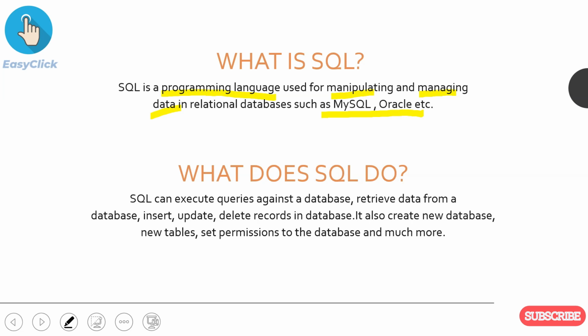What does SQL exactly do? SQL writes a particular code to that particular database, and with the help of that we can retrieve our data from it. We can insert, update and delete the data from our database. We can also create a new database. So basically, if we want to do any changes, then we use SQL.